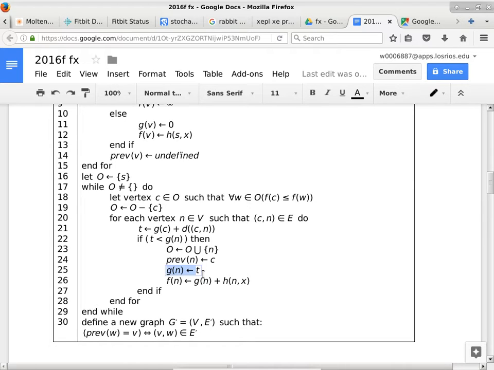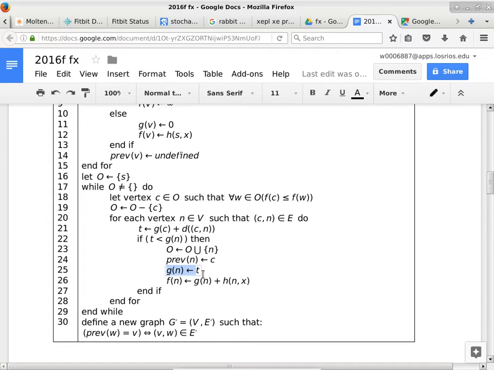Still got confused on why you have to set previous of n. So that we can back trace our way back to the start state. It doesn't serve any purpose when we are finding the shortest path, but once you have found the shortest path, you need to retrace, because by the time you terminate the loop, you'll be at your destination. The question is, how did I get to the destination? You have to follow the previous along the way. So the previous basically form a chain all the way back to the start state.